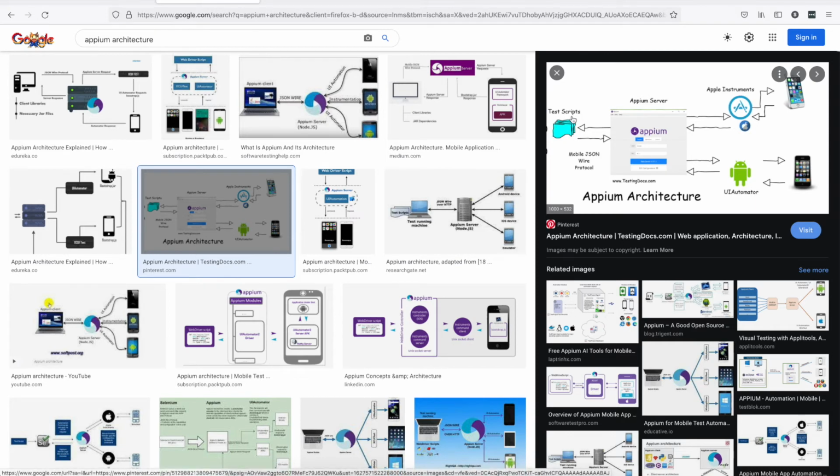Whatever test scripts you are writing, it is communicating with the APM server. And so APM Apple Instruments executes the test, and UI automator for Android, and this is the basic architecture of APM. And it is communicating using the mobile JSON wire protocol. So this is how APM is working.